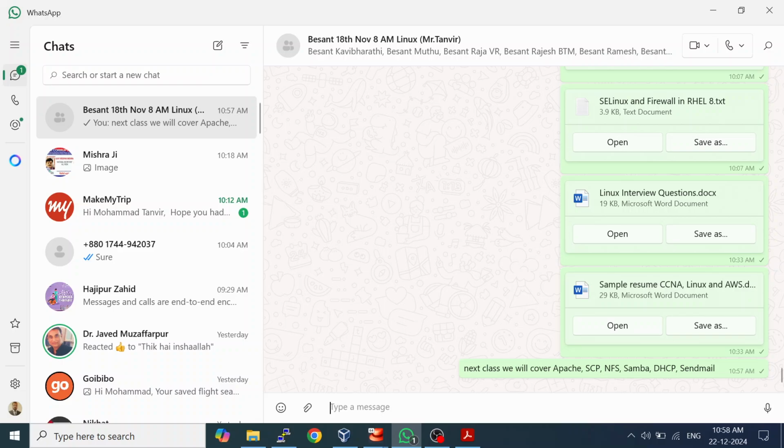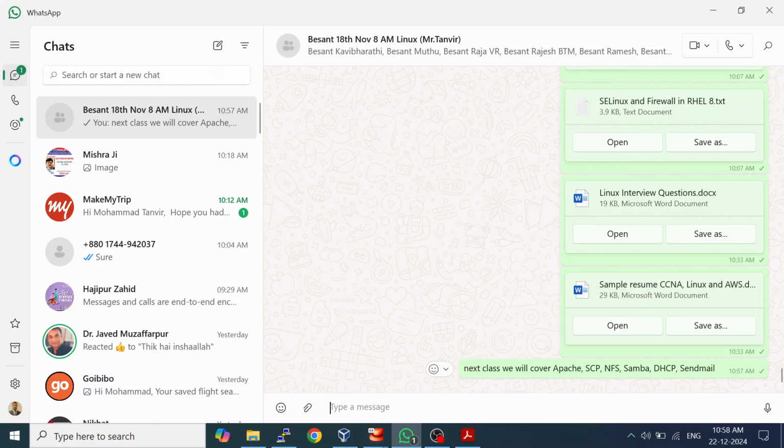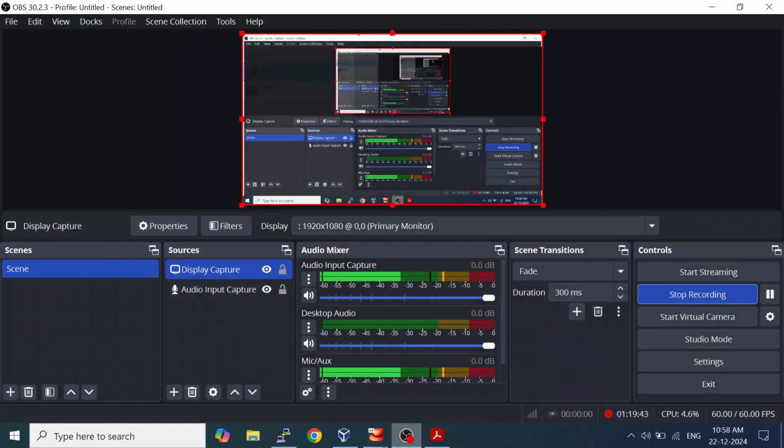Okay, so practice all this, prepare your resumes and the portals also, so that tomorrow we can discuss. Most probably tomorrow or day after tomorrow, we'll cover all this. We'll see Apache, it will take 10-15 minutes. And one more thing, tomorrow we need two Linux machines. We cannot do it on a single one. For NFS, two Linux machines are required, SCP also two Linux machines are required. On one machine, YUM should be pre-configured and all machines should be communicating with each other. So networking you have to pre-configure. I'll do it for my machine, accordingly you also prepare your machine. Okay. Then it will take very less time and we'll